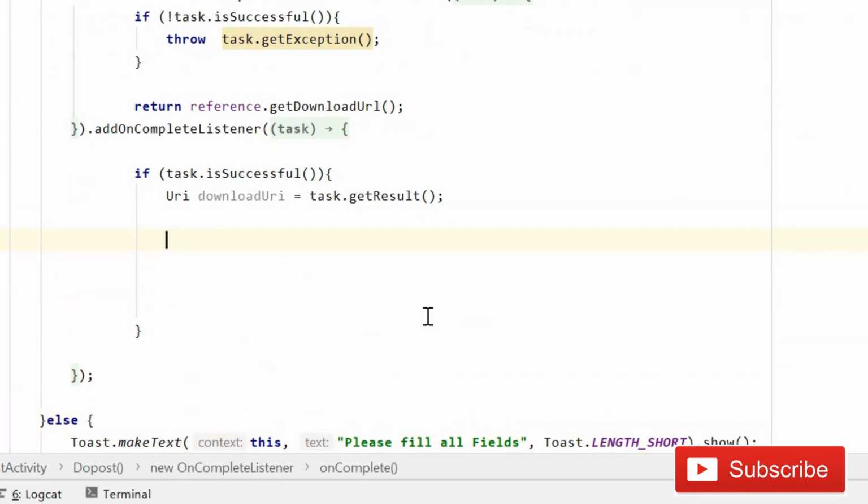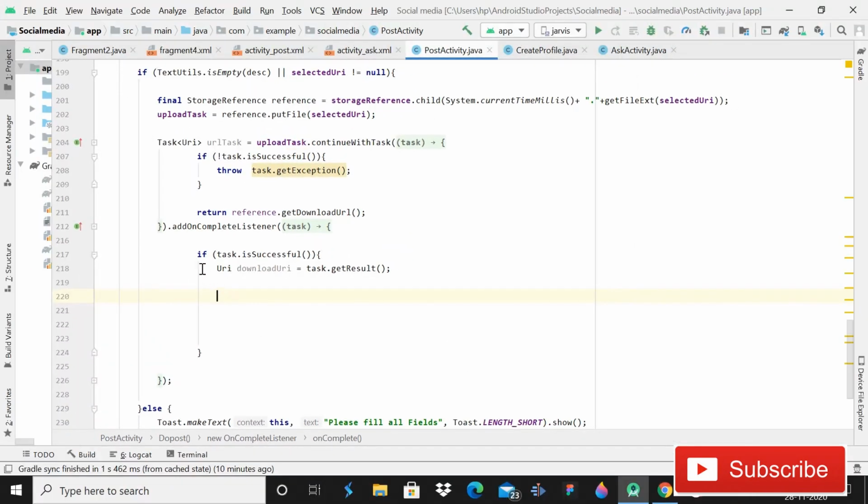Understand? So don't panic, the process is very simple, and as you know, I try to keep the tutorial very simple for my subscribers and viewers, because I know. So now we can proceed here. So guys, that was the part where we left off in the previous tutorial. So here we are getting that URI, and let me explain the procedure.